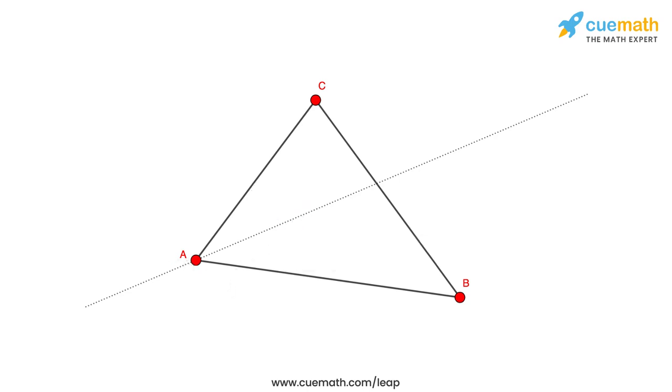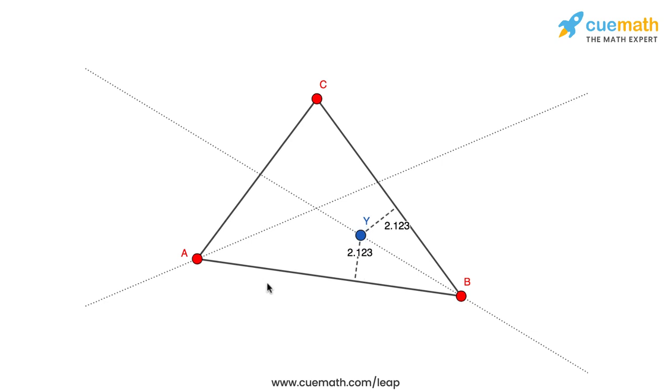Now similarly, let's draw the angle bisector of angle B. So this second dotted line that you see is the angle bisector of angle B. And now if you take any point on this second angle bisector, so let's take a point Y on this angle bisector, this will be at the same distance from the two arms of angle B, and the two arms of angle B are AB and BC. So if we take the distances of Y from these two sides, those distances will be the same. So if I now move around Y on this second angle bisector, you can see that it is at the same distance from AB and BC.